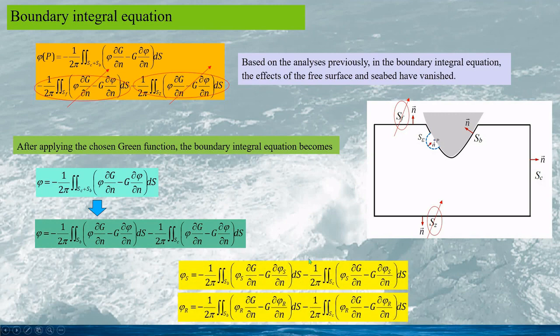For instance, we could have the equation for the scattered potential phi s as this, or for the potential of the radiated wave as this. These are for the wave and structure interaction. For the problem of the scattered wave and radiated wave,